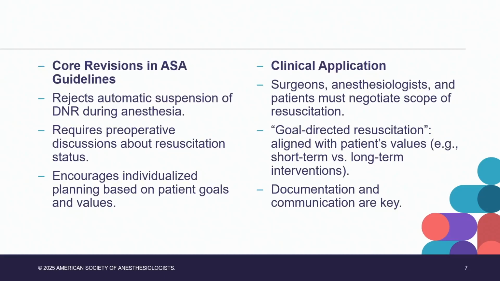So the core revisions in the ASA guidelines that we published were: rejects automatic suspension of DNR during anesthesia, requires preoperative discussions about resuscitation status, and encourages individualized planning based on patient goals and values. How do we clinically apply this? Surgeons, anesthesiologists, and patients must negotiate a scope of resuscitation. And any proceduralist must have that conversation. So even if you are not the primary team, it behooves you to actually have that 1 minute or 2 minutes